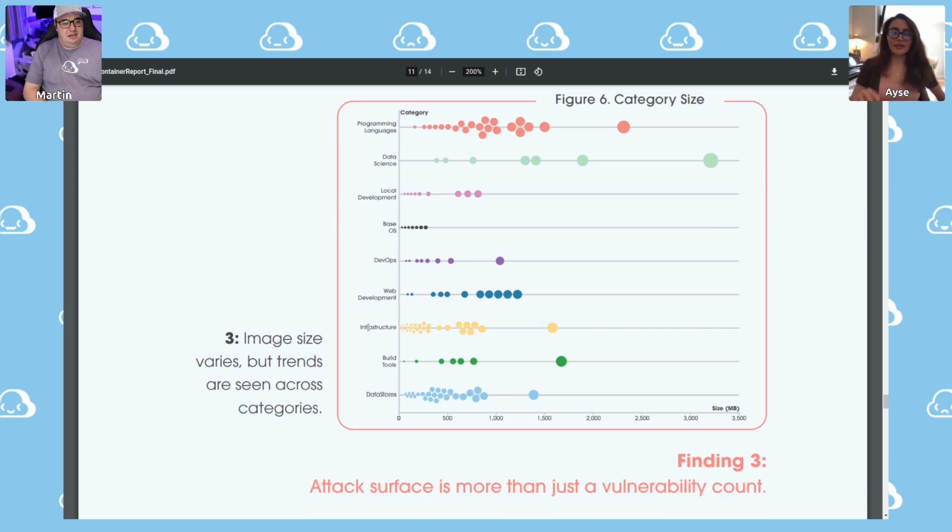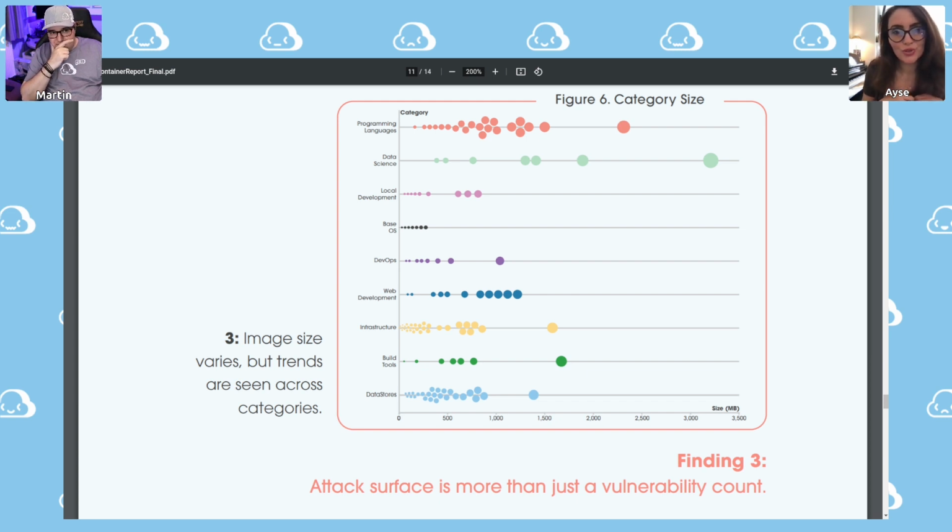Yeah, because I wanted to showcase how there are some in-group, out-group dynamics. In data science, programming languages, web development, those general purpose ones seem to have the largest containers. And as expected, local development, base OS, DevOps, a lot of the infrastructure guys, the build tools seem to be smaller.